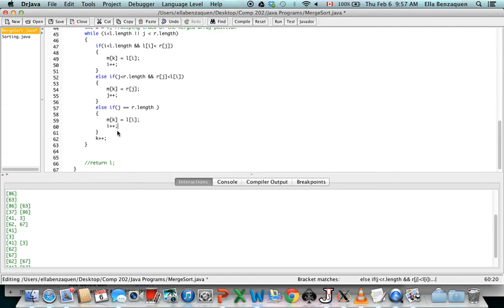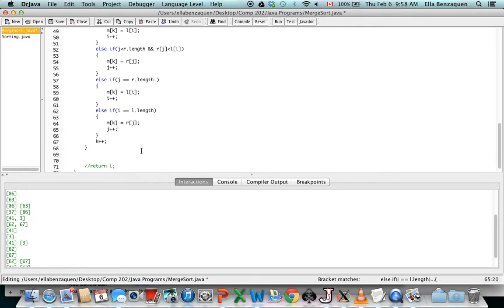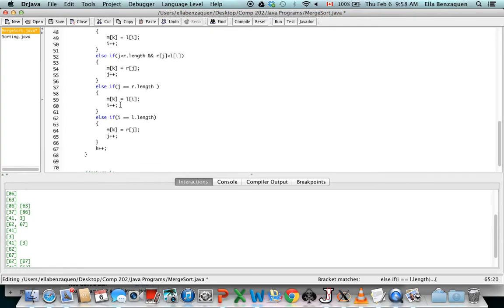Okay, and this will mainly come in handy when I have arrays that are a little longer than 1. My last possibility is if my i is equal to my L dot length, in which case I want it to implement the value found at my jth position of my right array into the next position of my merged array and increment j by 1. I'm going to keep on incrementing j by 1 and i by 1 in these cases